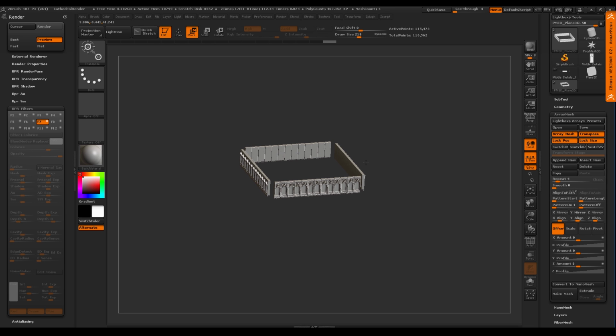So that's the array mesh. But the key thing here, guys, I want you to understand about the array mesh is think about using it for like I did. I started building an environment piece and using it. But think of using it to build pieces of the environment and then arraying that, or using it like I did, turning it into an actual brush and using that for the piece that I had. So it's a lot of fun when you start playing with it and you start messing with it. It can be a ton of fun for sure.